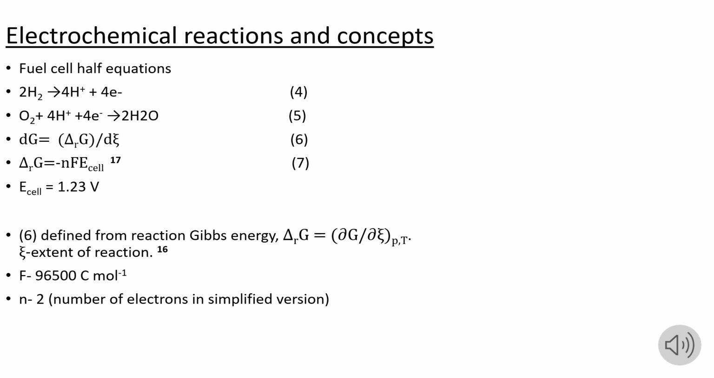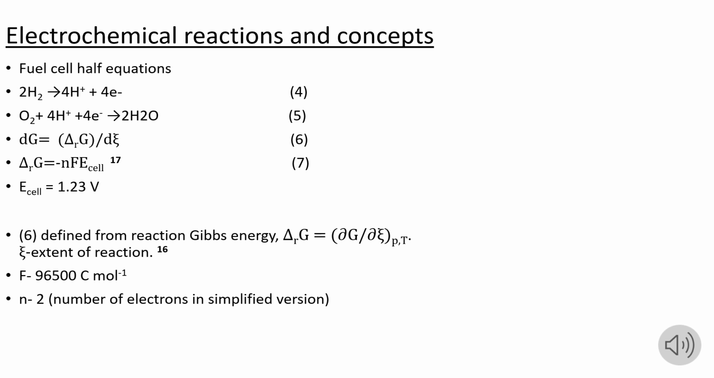Taking the standard definition for the Gibbs free energy shown on screen in equation 6, it is possible to extend this to determine the free energy of a cell using equation 7, in which the change in reaction Gibbs energy is equal to the number of half equations times the Faraday constant times the electrochemical potential of the cell. Rearranging to get the electrochemical potential gives a value of 1.23 volts, a strong potential difference between the two halves